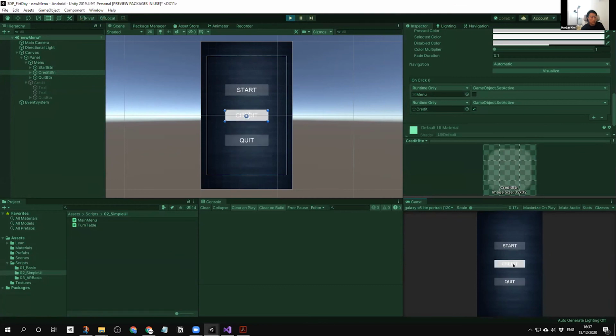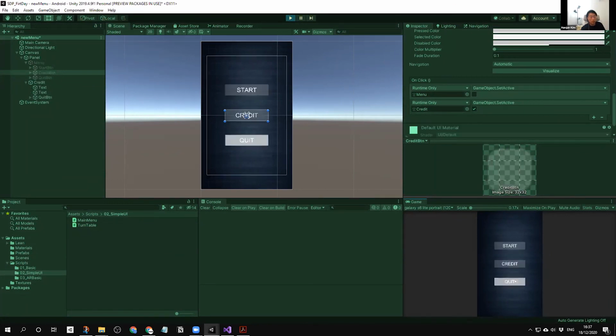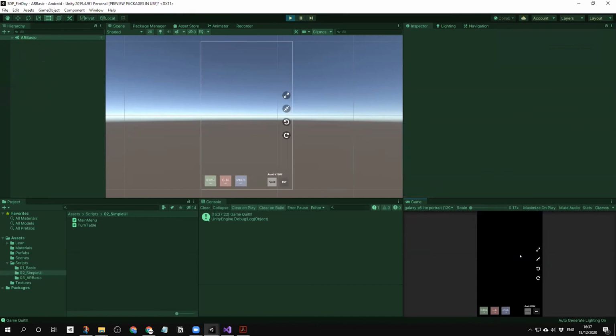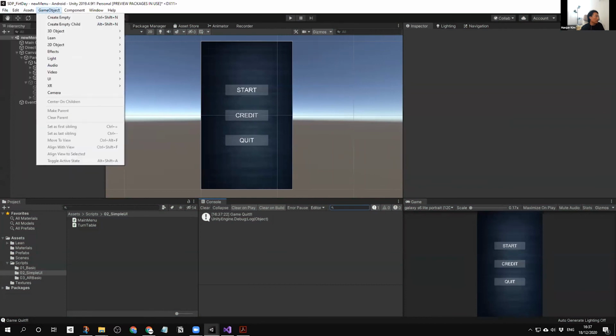Okay, and I click the credit. Yeah, it's going to show the credit. Go back to menu, we're going to come to here. And then quit. Well, because we are playing inside of Unity, it's not going to stop the playing. But when you go to the app, it's going to quit the game, and start is going to open your application scene. So everything I did is,